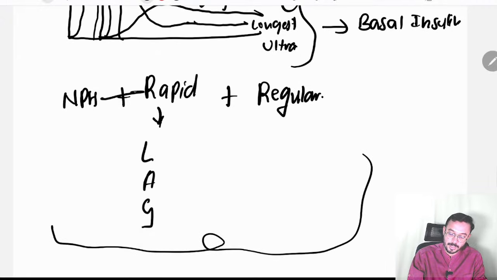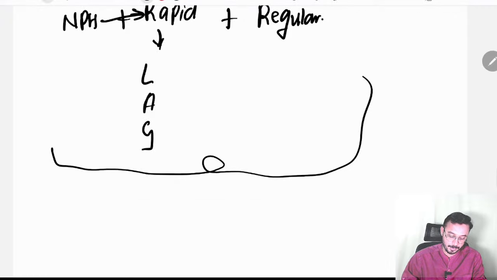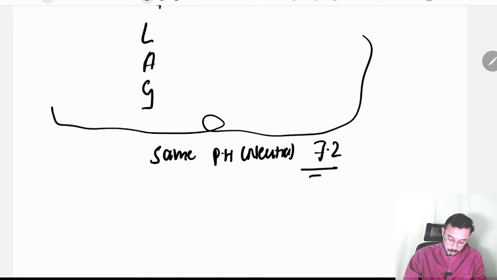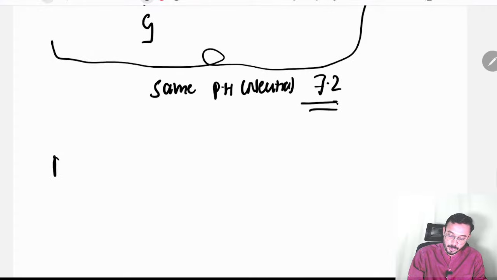You can mix all this in the same syringe. Why? Because they have the same pH. That is also neutral pH. So that is your 7.2, and you should never combine this